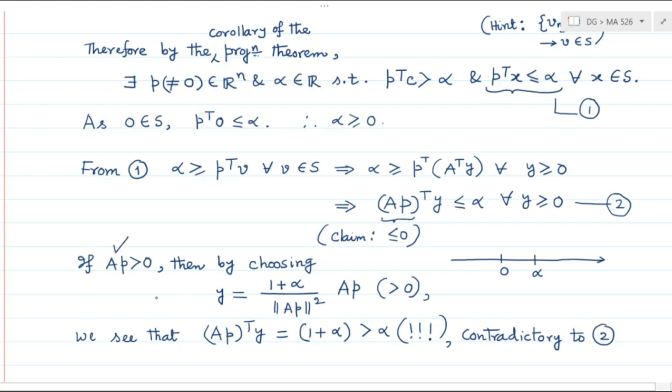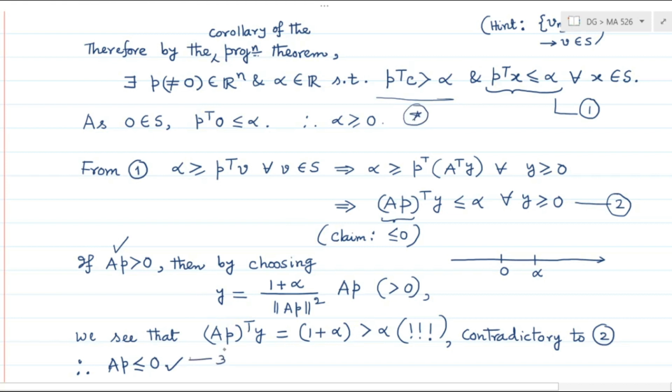Therefore our claim is true that AP is less than or equal to 0, and then your result is done: you have proved that AP is less than or equal to 0, and you have seen that alpha is greater than or equal to 0, and from 1, from this star, let's suppose this is my star,